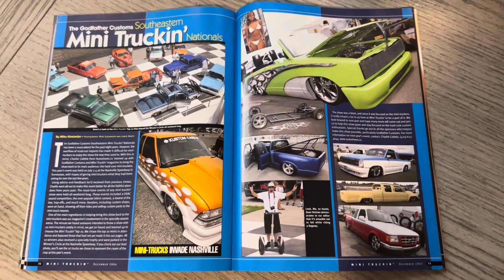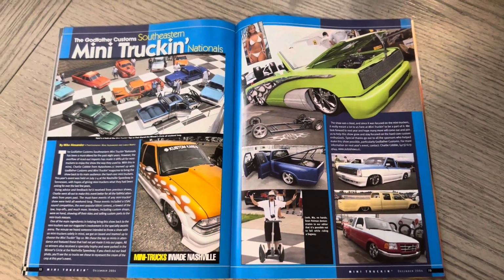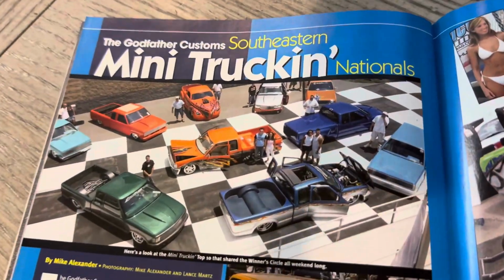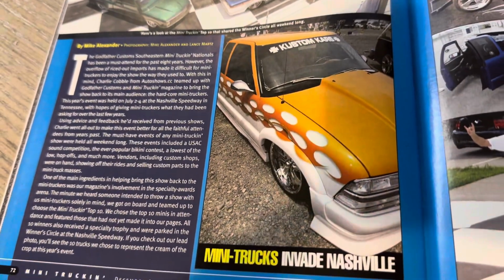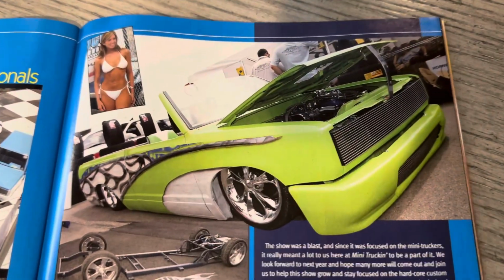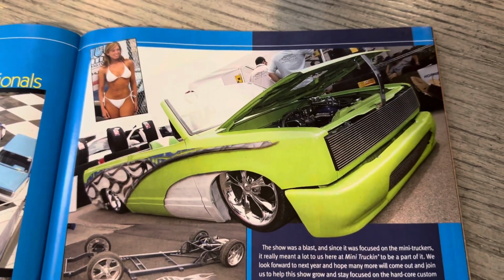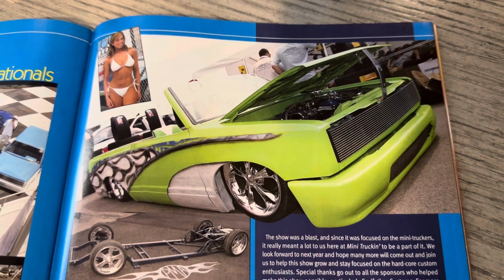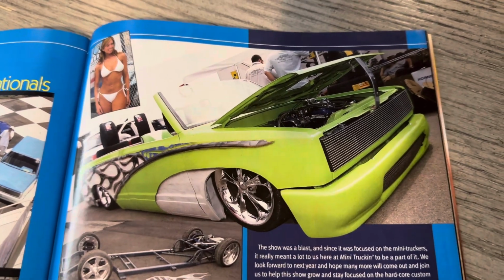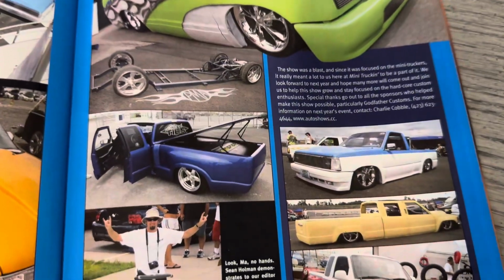The Godfather, Custom Southeastern Mini Truckin' National. So Bob Hayes pointed this out to me one day. It is tough if you go down the bunny trail of Southeast Mini Truckin' Nats. This is the Southeastern, and Jason Bell and some of those other guys could rattle this stuff off, but this was one of the variations of it. This truck was recently saved by, I think it was Al of Severed, New York. I remember when this thing hit the show scene. Of course, we saw it at different places. Looks like Farva's S10